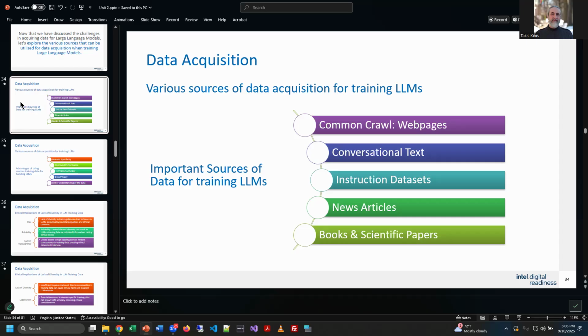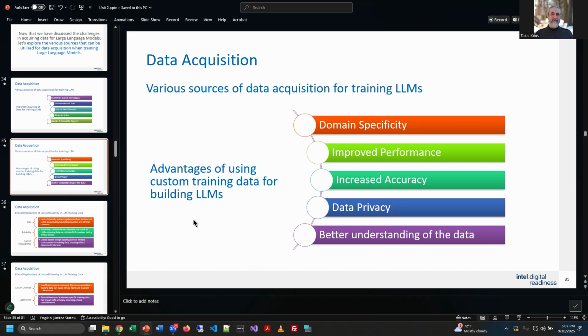When we have instruction data sets, think of all the stuff on Kaggle, or the stuff that I might share with you and make public. There's also the news articles, so you can scrape those and extract those directly. And then there are books and scientific papers that are publicly published, and even those behind paywalls, but those are considered good, solid data sources for training LLMs.